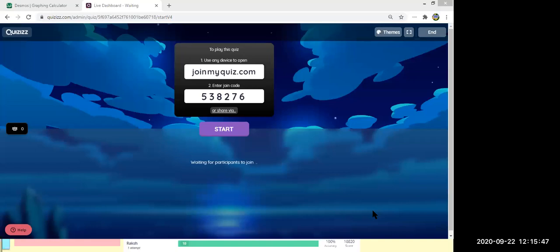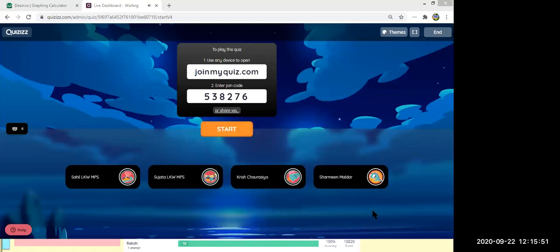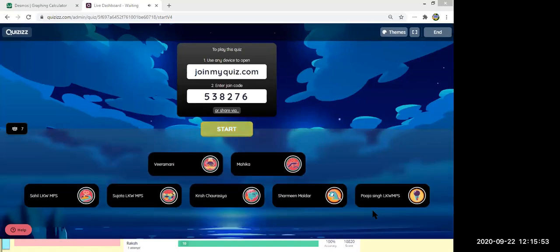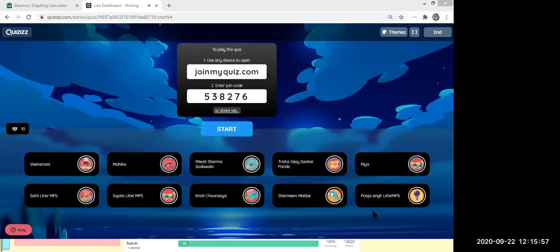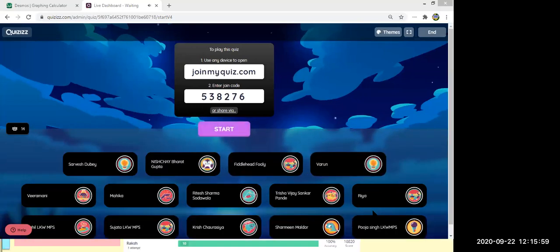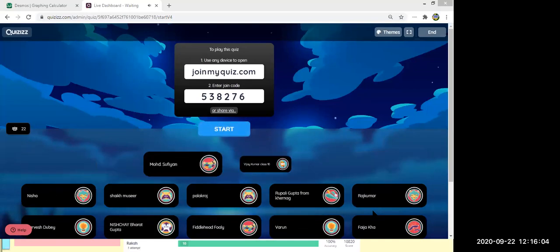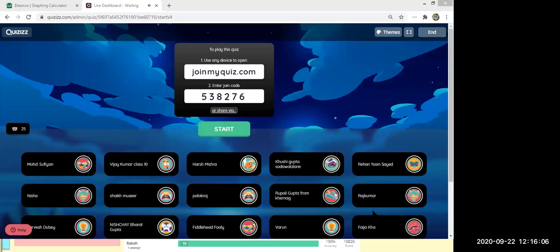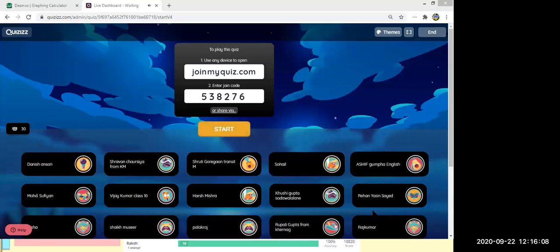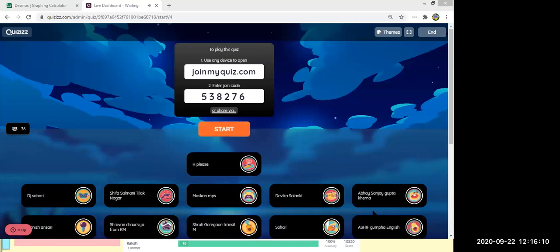Once you enter the code, you will be asked for a name. Please type in your name. And there you are. Sahil, Sujata, Krish, Sharmeen, Pooja Singh, Mohika, Ritesh, Trisha, Ria, Sarvesh, great. Nisha, Sufia, Vijay, Danish, Shravan, great. You all are doing great. Let me repeat the code. It is